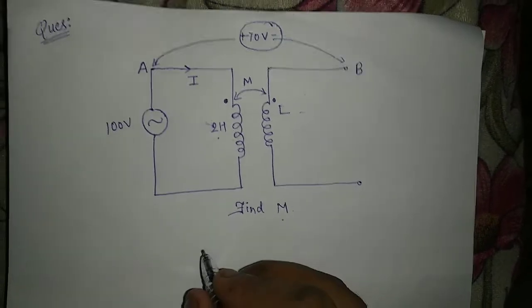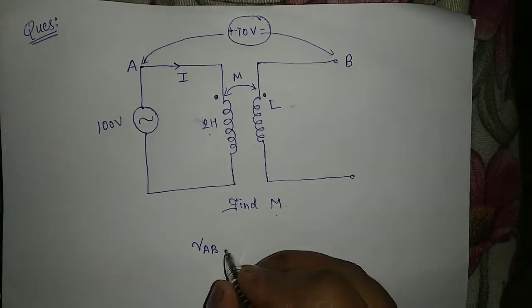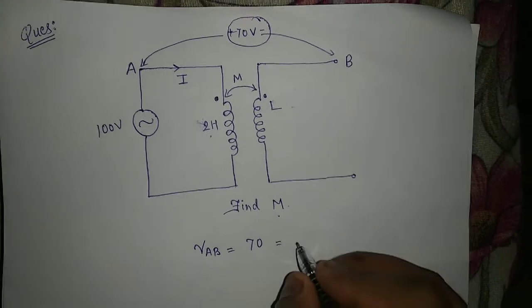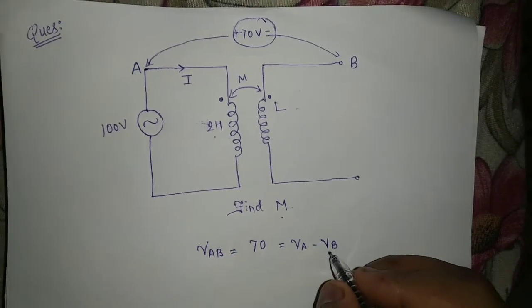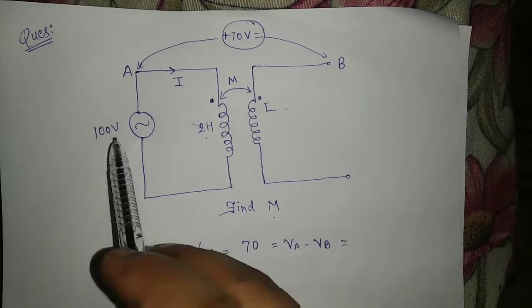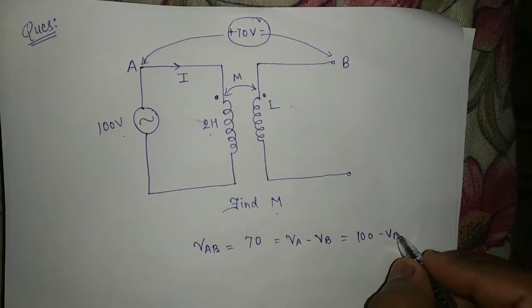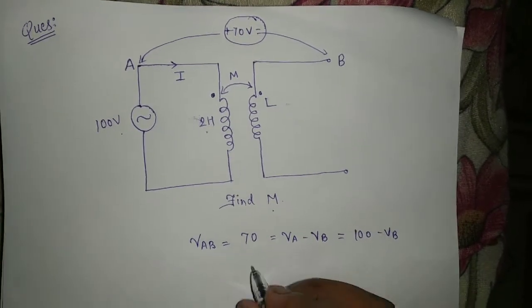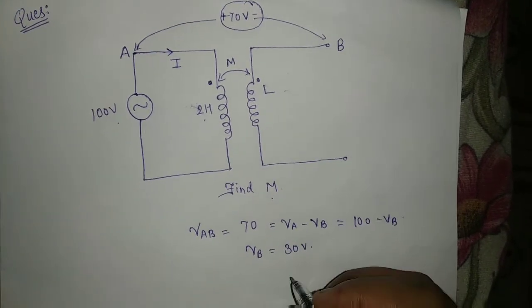Okay, so first of all, VAB is 70. It is equal to VA minus VB. VA is 100 volts, so VB is 100 minus 70. So VB is 30 volts. Okay,